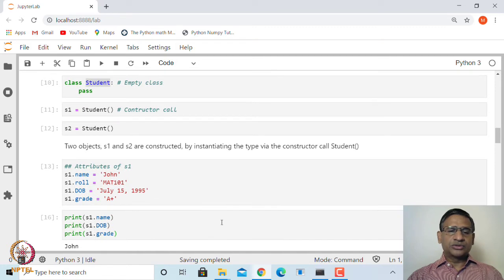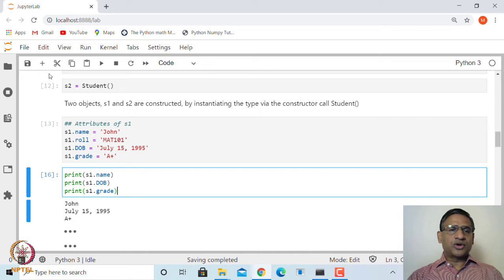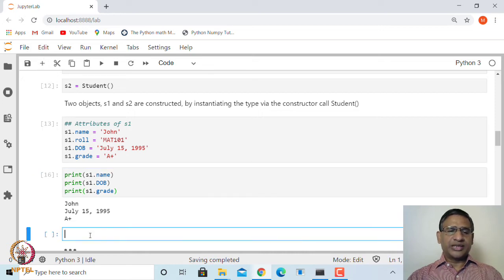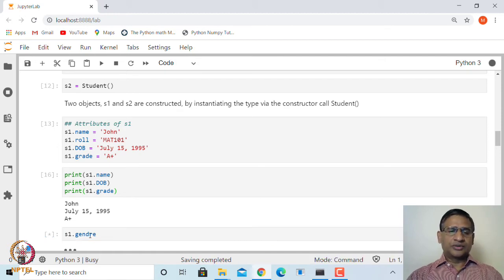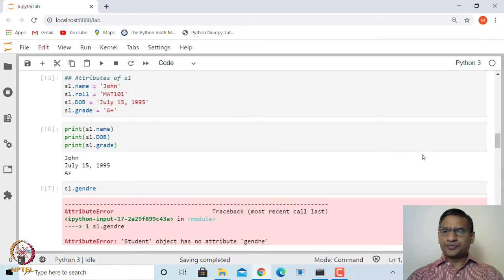If I want to access anything else which we have not created, it will not be available. For example, if I say S1 dot gender, it tells me that the Student object has no attribute called gender. So in order to access this, you need to create these attributes.